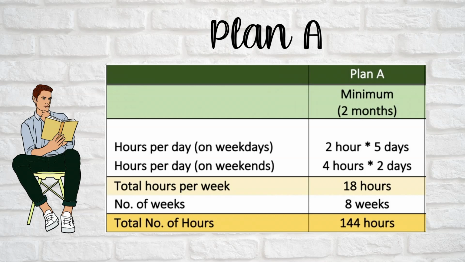Assuming you are consistent and you study for 5 consecutive days during weekdays and in both days during weekends, then you'll be able to commit a total of 18 hours per week. And when you multiply that by 8 weeks, you'll get a total of 144 hours of study time in 2